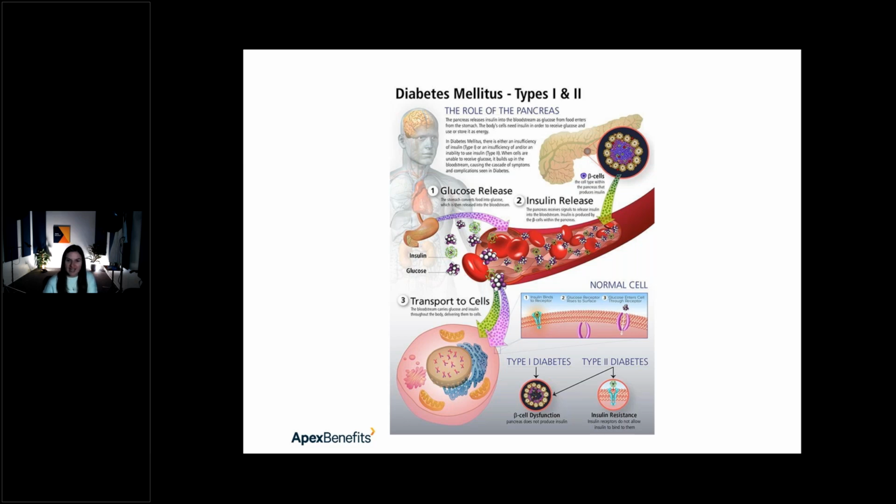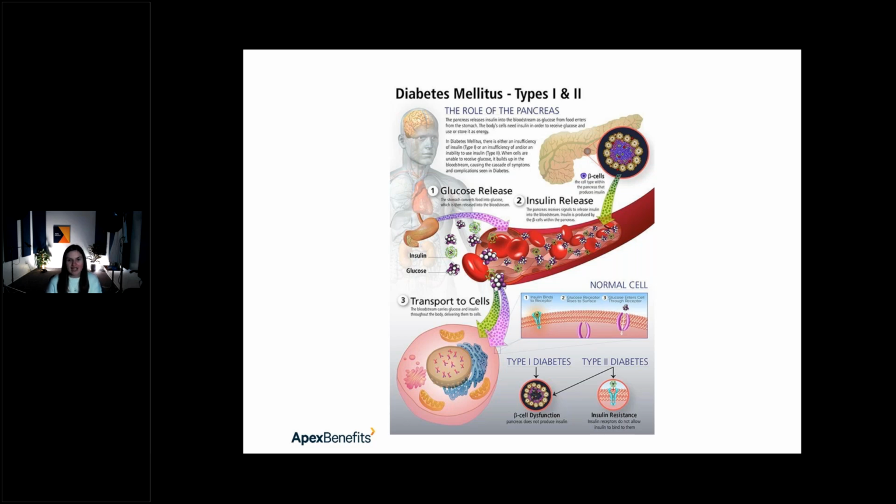And in order to do that, your body signals to the pancreas, hey, we need you to start releasing something called insulin. Insulin is a hormone produced in the pancreas. It goes out into the bloodstream. And I like to think of insulin as kind of the lock and key method. In order to get that glucose, which is blood sugar, into my cells to use as energy, the insulin acts to unlock the door of the cell and let the glucose in. That's the easiest way to understand where we're going.